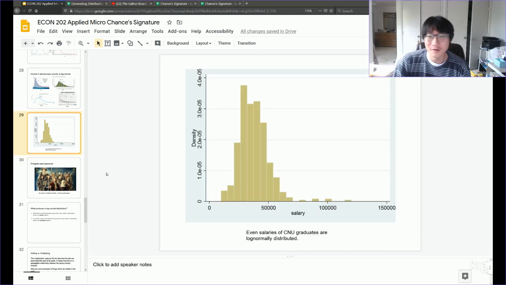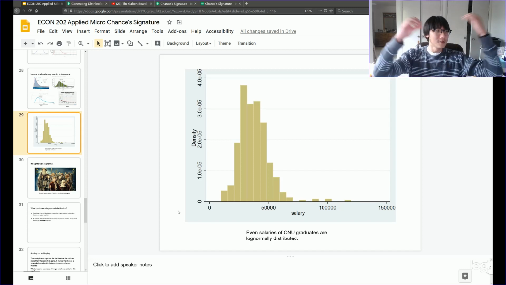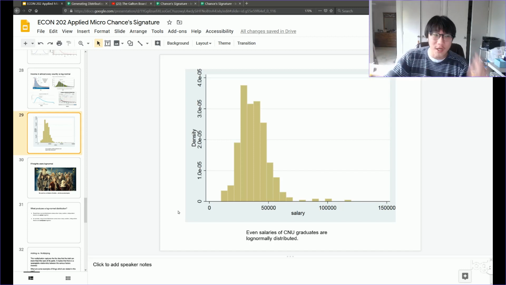Now, of course, heights are not distributed log normally, but incomes are. And this probably explains our everyday experience with income. Usually at this point, if we were in a real classroom, I would ask people, how many people have ever met a millionaire? And probably a few people would raise their hands. And then I would ask how many people have ever met a billionaire, and chances are nobody would raise their hand. So that's these very uncommon but very rich outliers. That really is the characteristic of a log normal distribution.